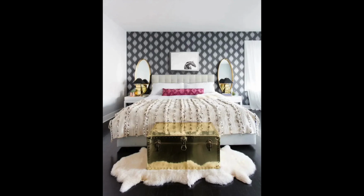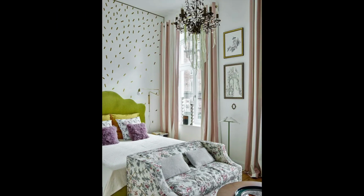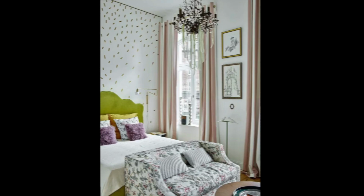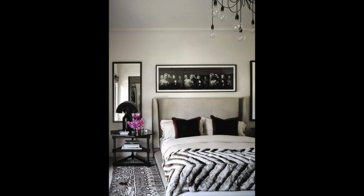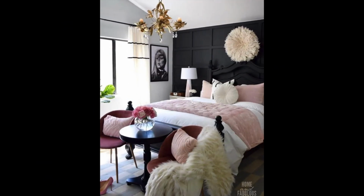So, how can you spot a modern glam bedroom? Just take a look for these key elements. The first would be statement lighting, like crystal chandeliers or gold sconces. You're also going to see some of the more sculptural type chandeliers that we're starting to see now in a lot of modern rooms. Then also look for tufted or upholstered headboards, usually in very luxe fabrics like velvet